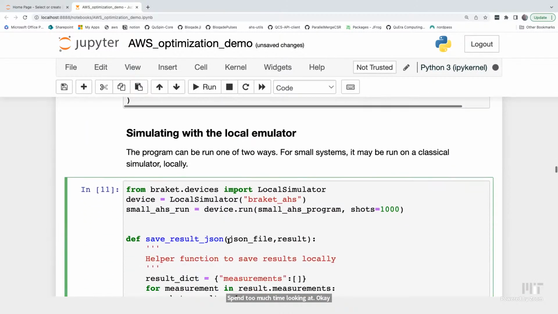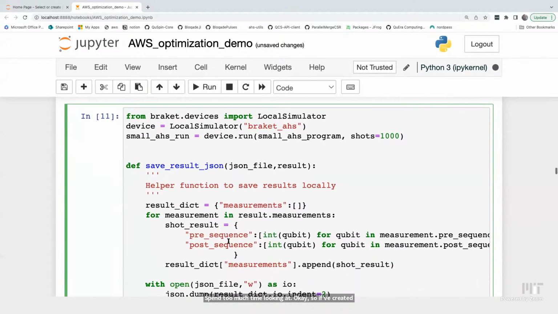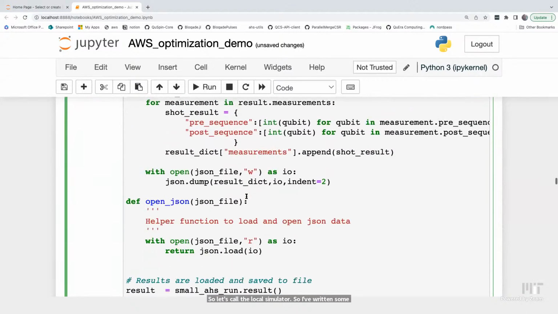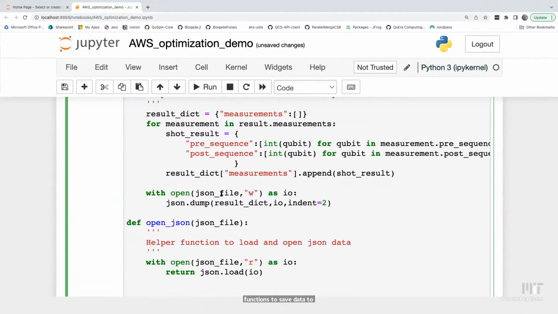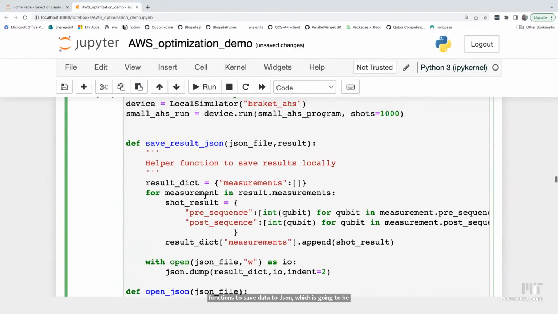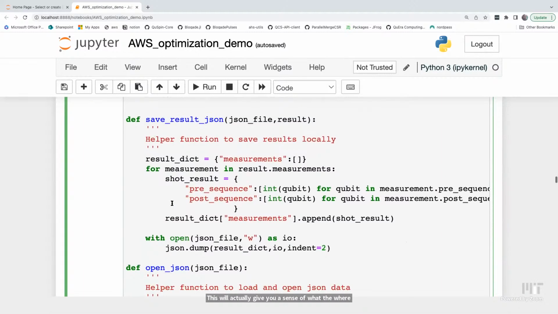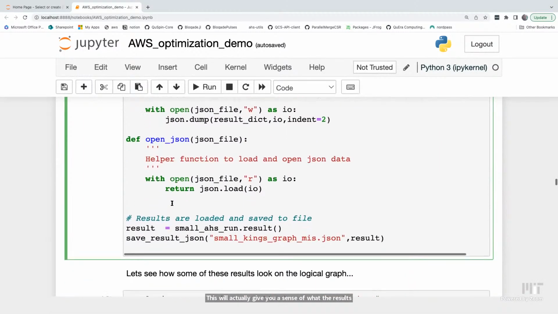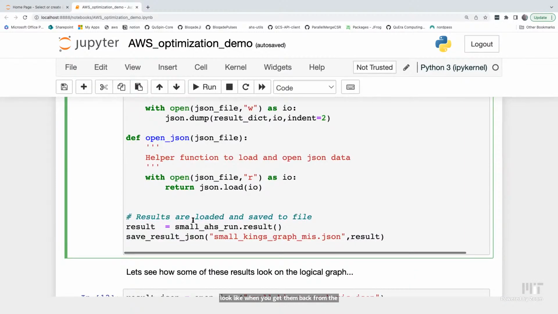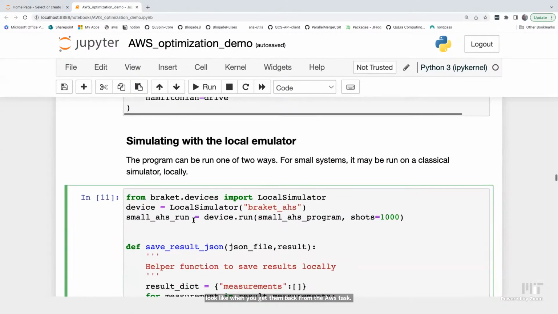Okay, so we've created our program, right? So let's call the local simulator. I've written some functions to save data to JSON, which is going to be pretty useful for analysis later on. This will actually give you a sense of what the results look like when you get them back from the AWS task. So in this case, I create a task by calling